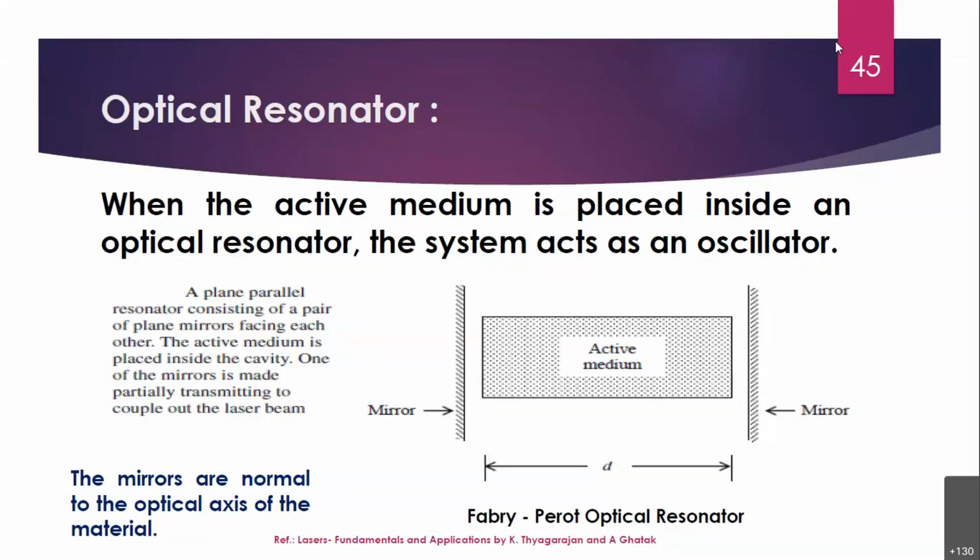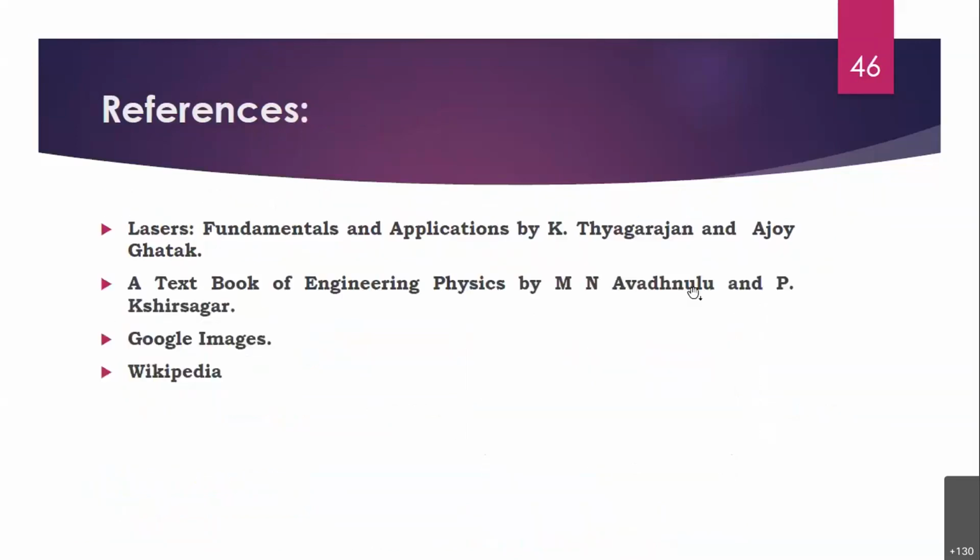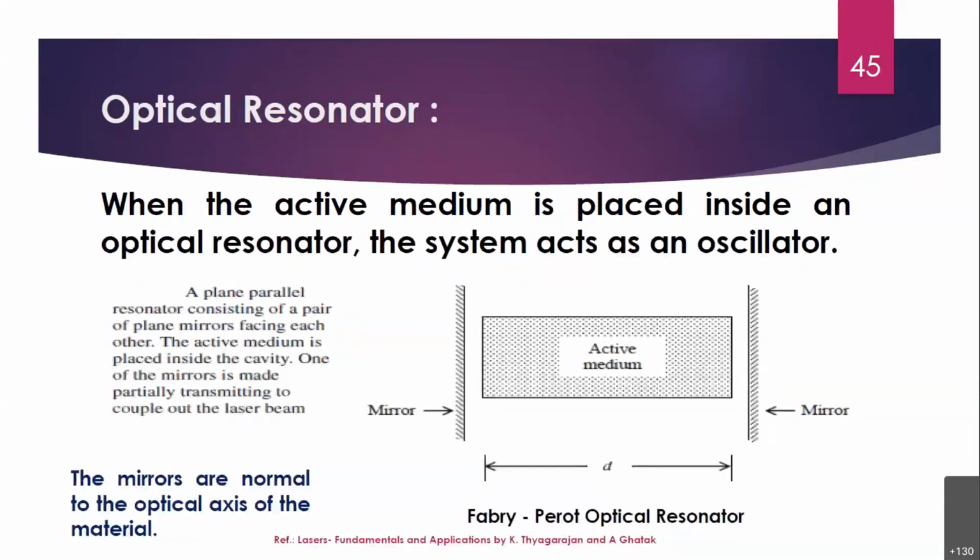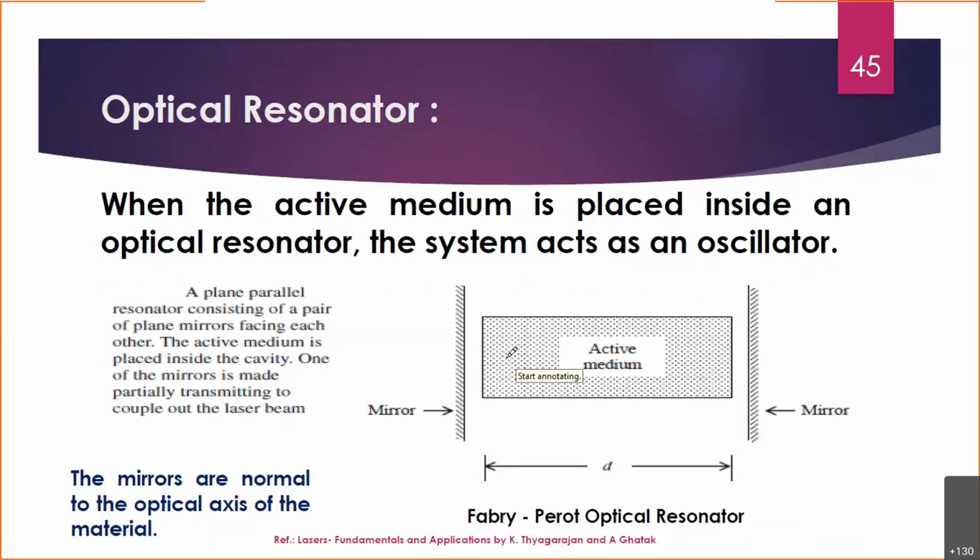And this active medium is very important, as I said. The important thing I'm emphasizing again is the alignment you keep in this. So the mirror and the optical axis of the active medium, let me draw one more time, because last time also we discussed it. Just one minute, I'm going to annotate this. Somewhere at the center, consider this the optical axis of the active medium.